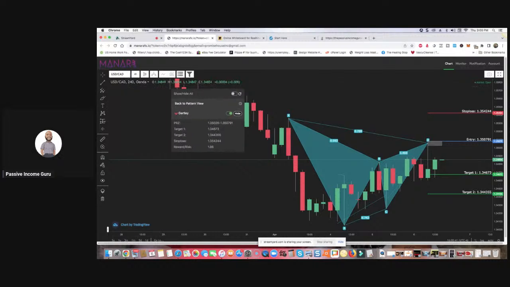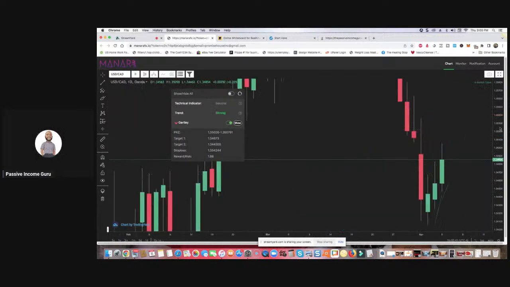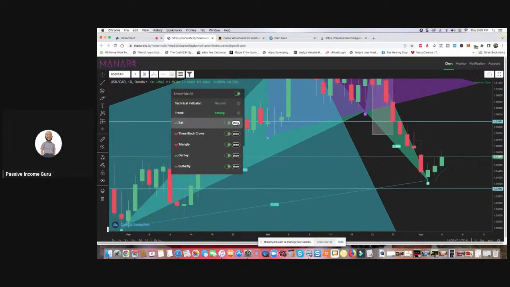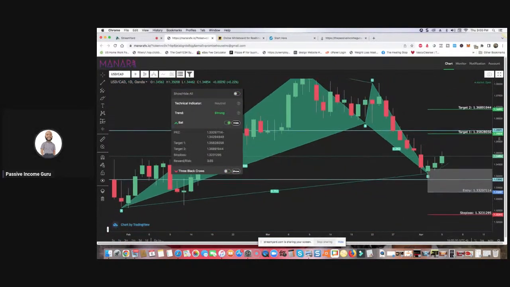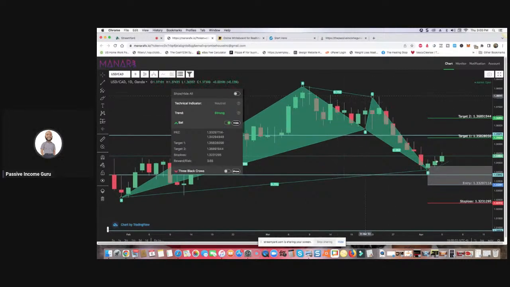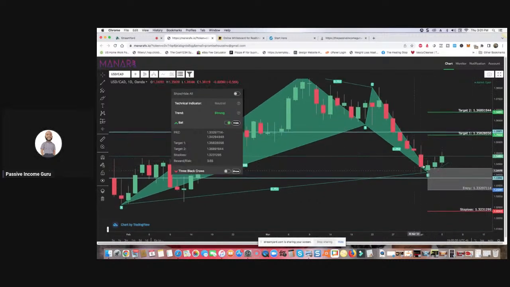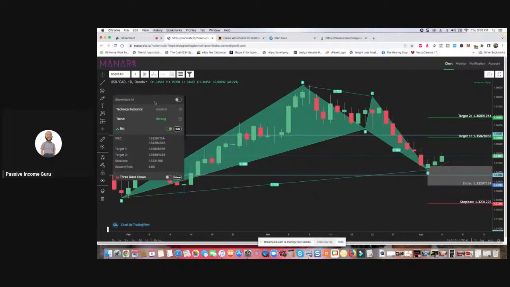Why? Because let's go back to the daily. Look at the bat pattern right here. This is the bat pattern. Now, you're always going to enter on the D coordinate, okay? Your entry point is going to come off the D coordinate. Right here, A, B, C, market dropped. Big drop. And I love taking reversal trades or correction trades. I love it, one of my favorite things to do. So it came up here, dropped all the way down.